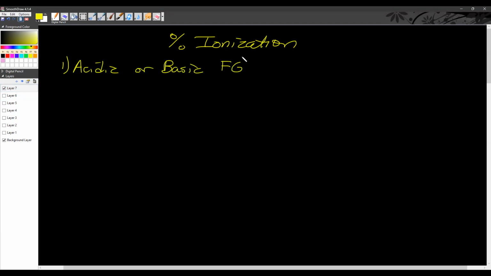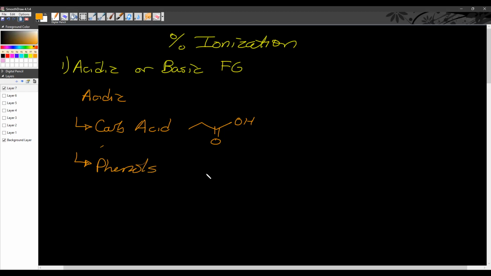Because this is going to determine what kind of equation we need to set up. The acidic functional groups are carboxylic acids, phenols,